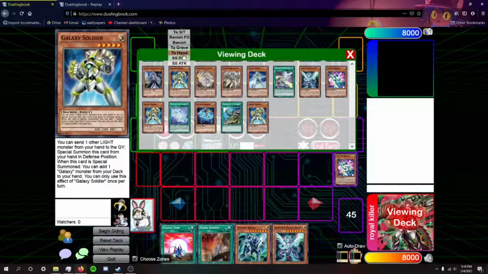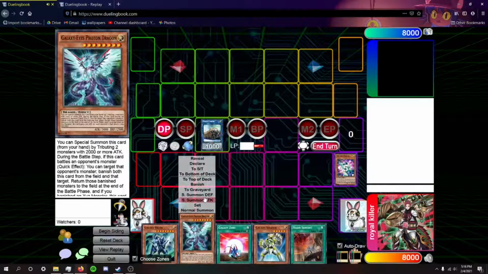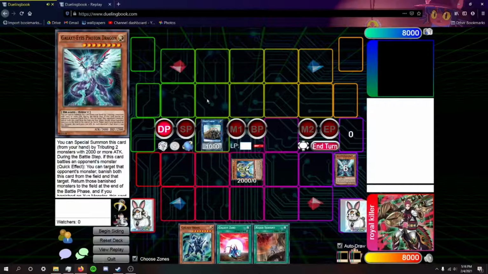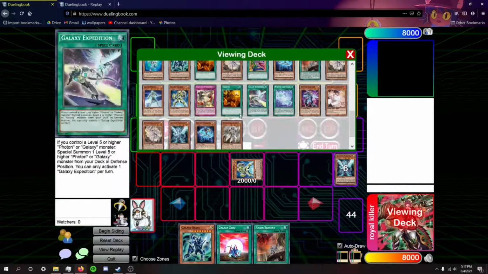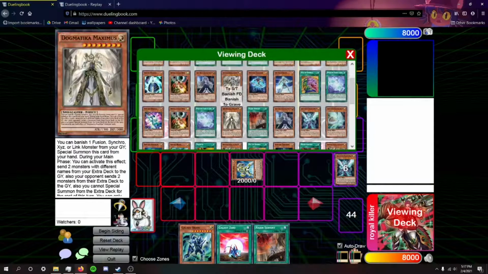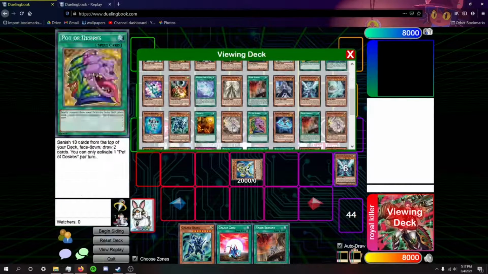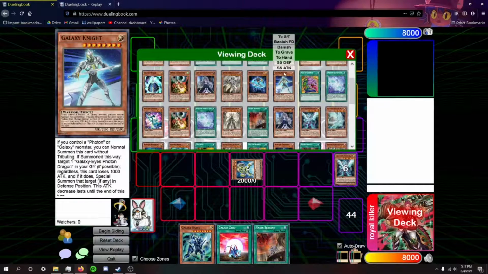Soldier. Activate Soldier's effect, discard Dragon, special summon Soldier, and activate Soldier's effect to search Knight. I'm in need of a Knight. I guess I'm blind. Oh, there he